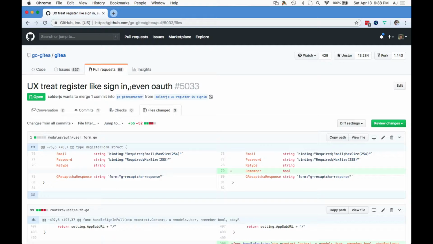So basically what this makes it is if you click login with GitHub, it skips the user registration. And if you're going through the user registration, it doesn't take you back to the login page when you're done. It just signs you in right then and there.